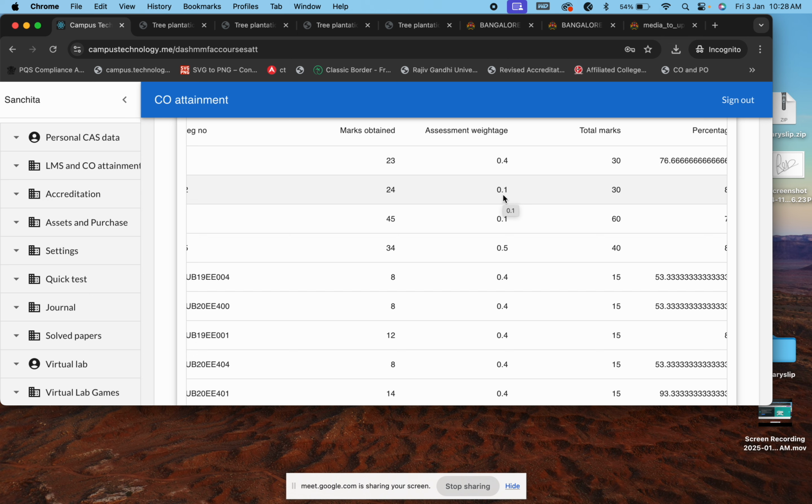But let's say you are considering 60-40, 60 for external and 40 for internal, then it will be 0.6 and 0.4. So that is your assessment weightage. It is basically the weightage you are considering for each component. Then it is asking total marks. So if